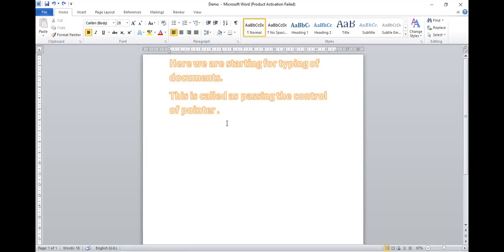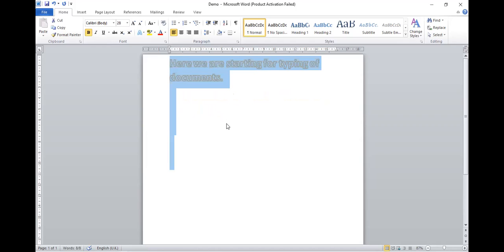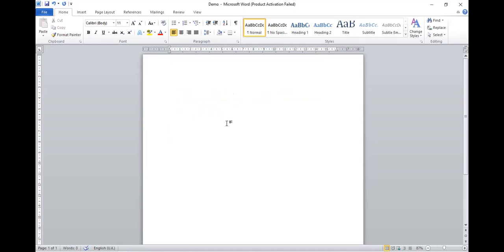The first method to delete the text is to use the backspace and delete one word or one text at a time. The second method is to select by Ctrl A, or by Shift, or by double clicking on the word, and then just press the delete key. So these are the two methods.